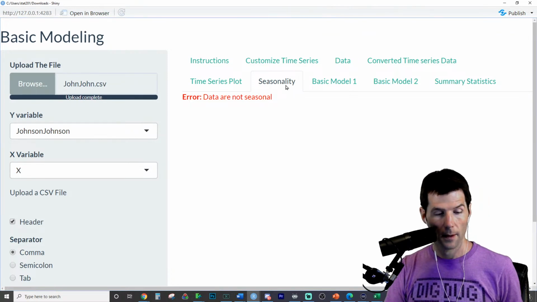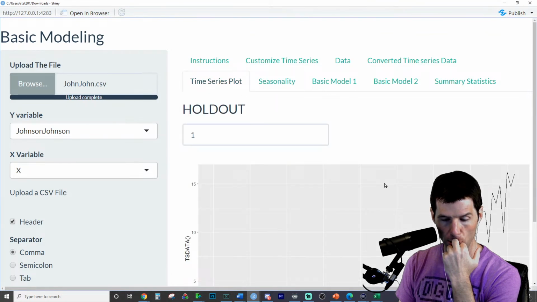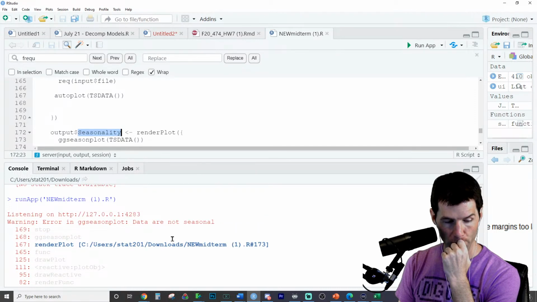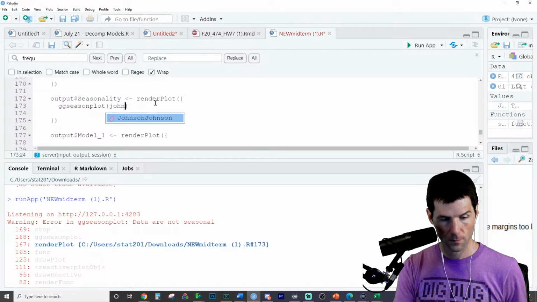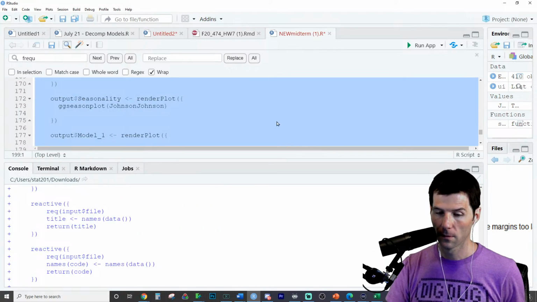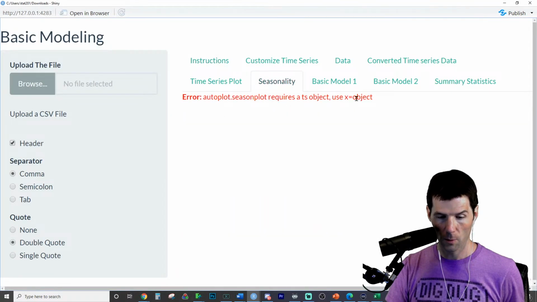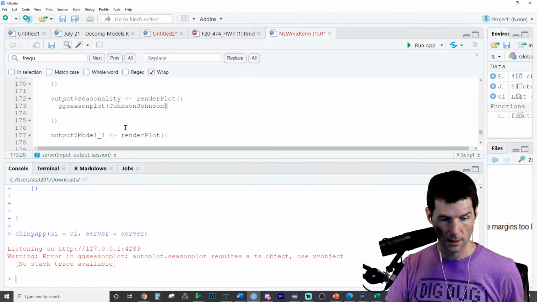Data are not seasonal. You're describing the time series plot. Warning, data is not seasonal. Well, why don't you look at this data? Autoplot, time series object. Is it not?